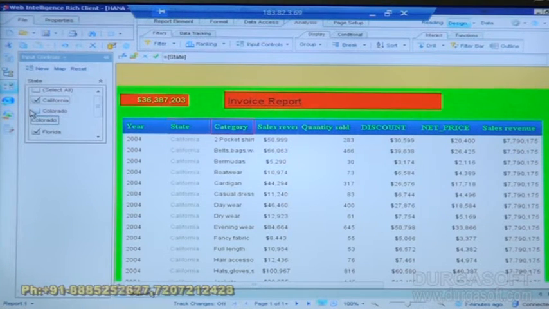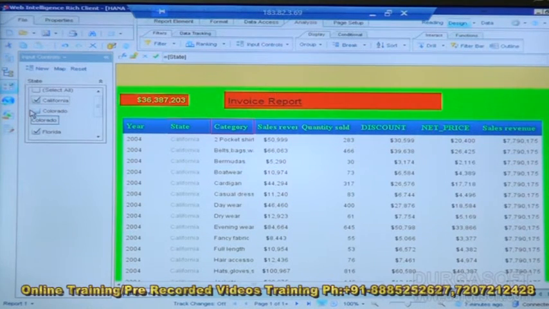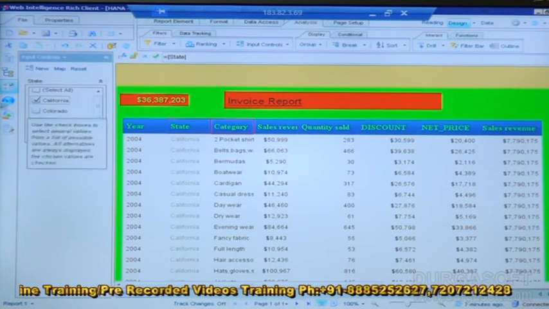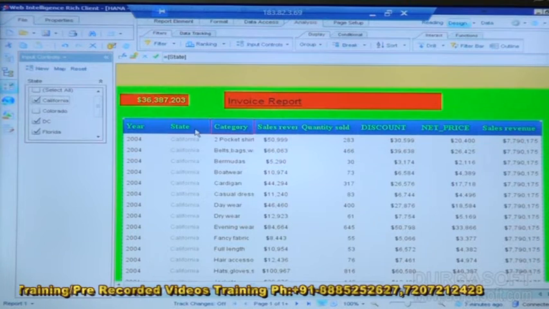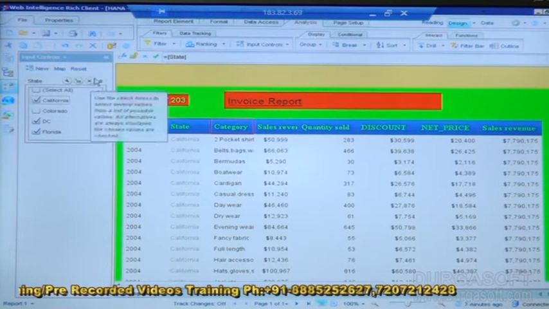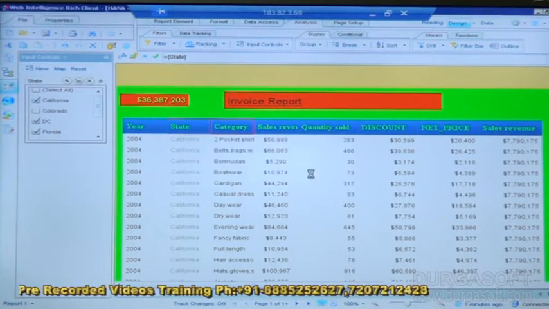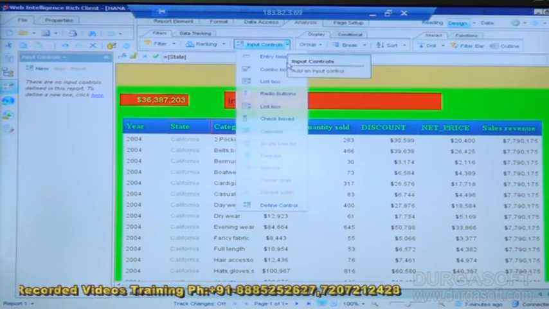So it may be one value, it may be multiple values, as per requirement. All those will occur in this environment. So this is how we can perform those activities, object by object, as per requirement. If you don't need it, just close it. Done. Similarly, we have a lot of options here.